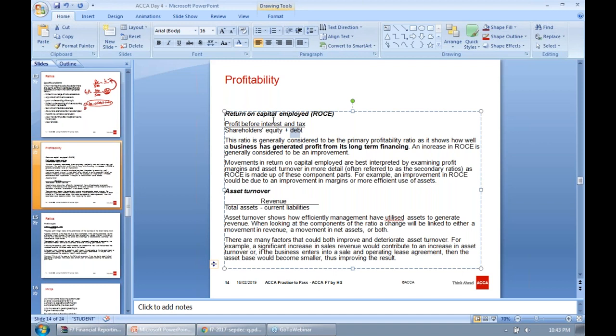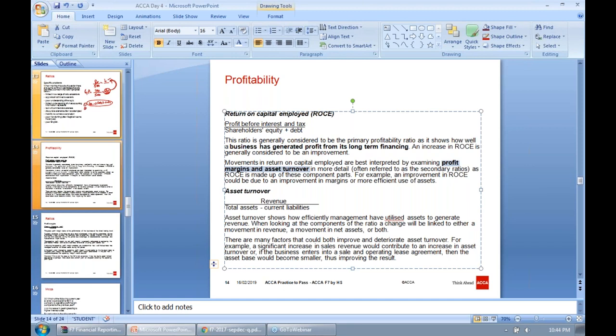Movement in the ROCE, return on capital employed, is best interpreted by examining profit margin and asset turnover. This is again a very important point. The examiner wants you to give the fact with the reason why the ratio is improving or not. So basically, the reason for an increasing ROCE is actually the profit margin or asset turnover. So whenever there is an increase or decrease in ROCE, you have to assign the responsibility to the asset turnover